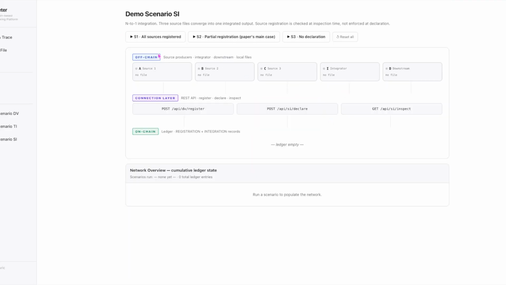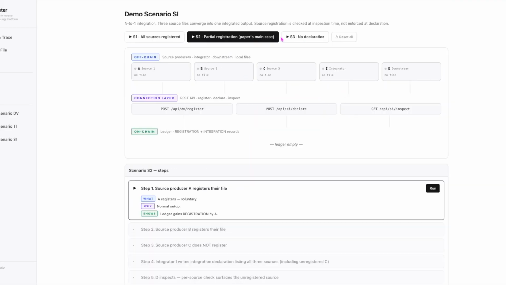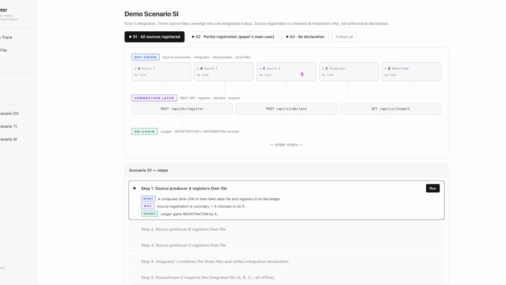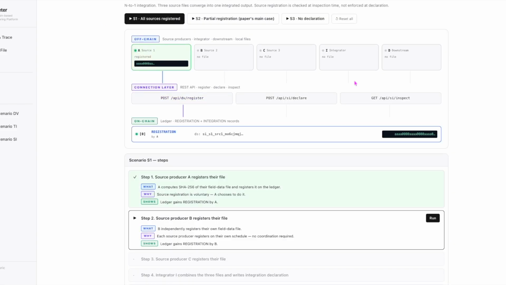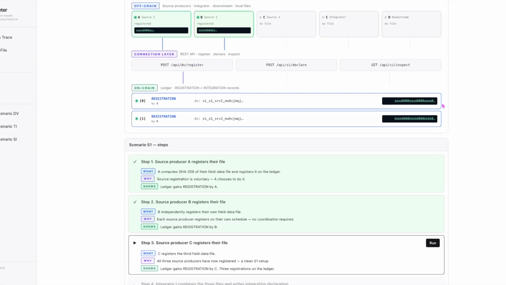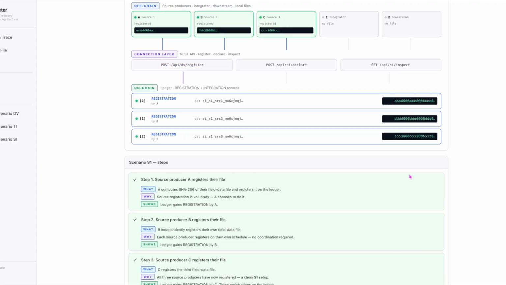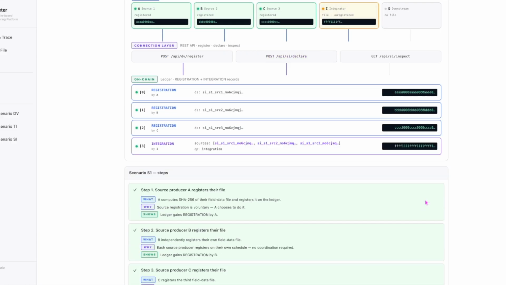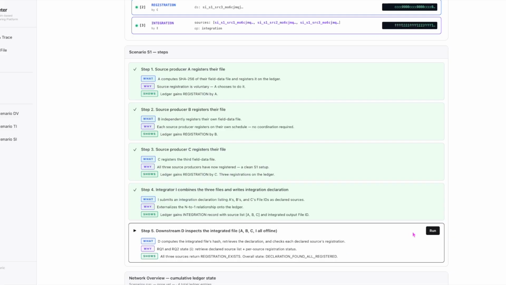What's on screen is the inspection of a combined report. 3 sources went into it, 2 registered on the shared log, 1 not. The platform shows all 3 side by side, with each one's registration status openly. So a buyer of a combined dataset sees